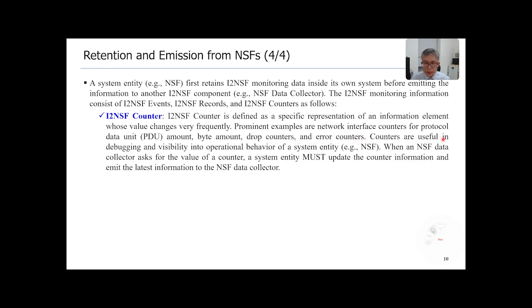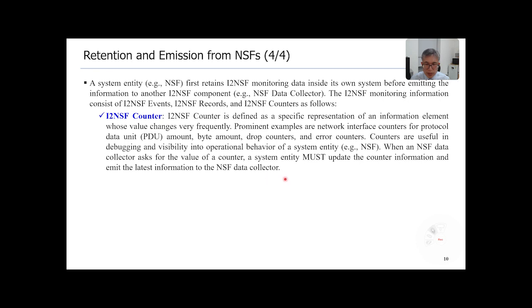Counters are useful in debugging and visibility into operational behavior of a system entity, for example, an NSF. When an NSF data collector like an I2NSF analyzer or security controller asks for the value of a counter, a system entity must update the counter information and emit the latest information to the